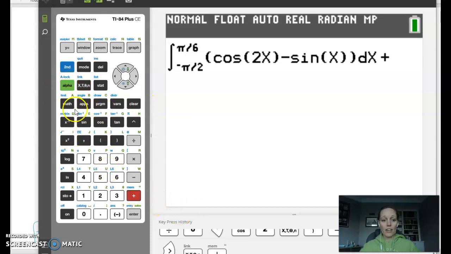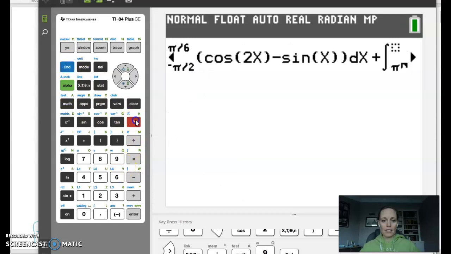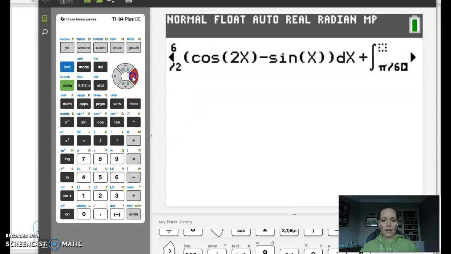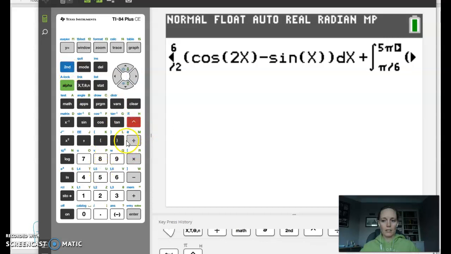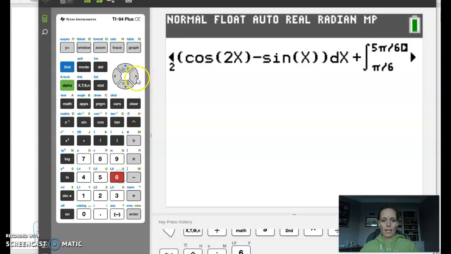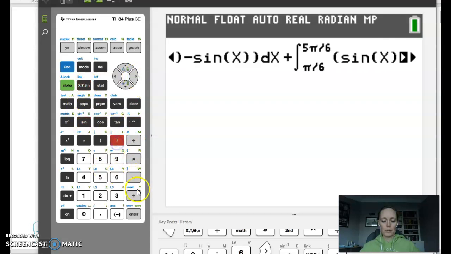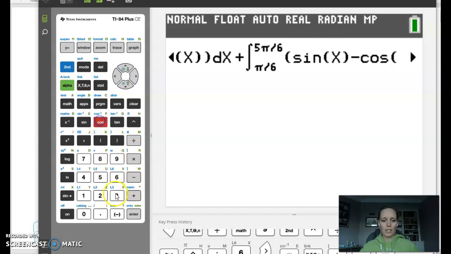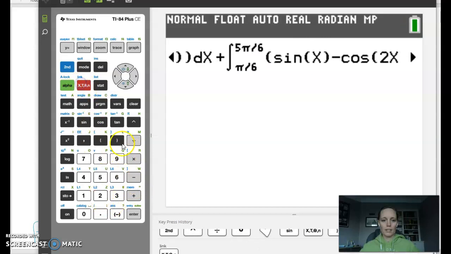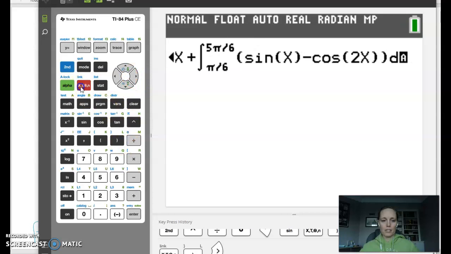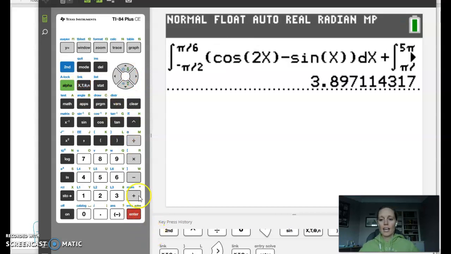Then we add it to the other integral, so back to math option 9. We go to pi over 6, and the upper bound here is 5 pi over 6. And this time sine of x is on the top, so it's sine of x, close those parentheses, minus cosine of 2x. Put that variable of integration in there and press enter, and you'll see that that